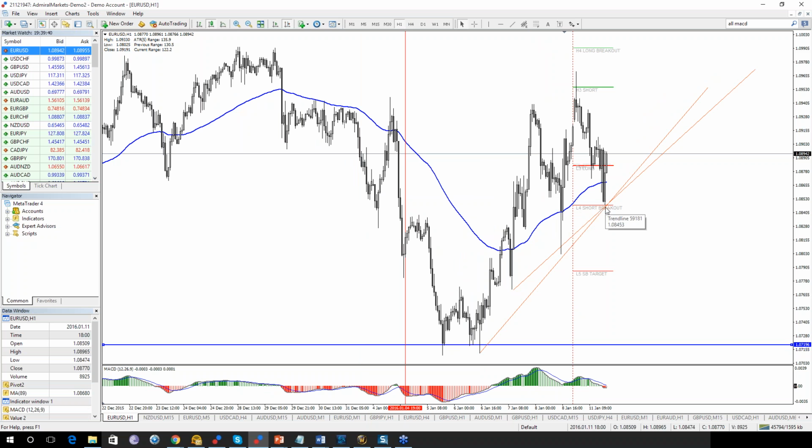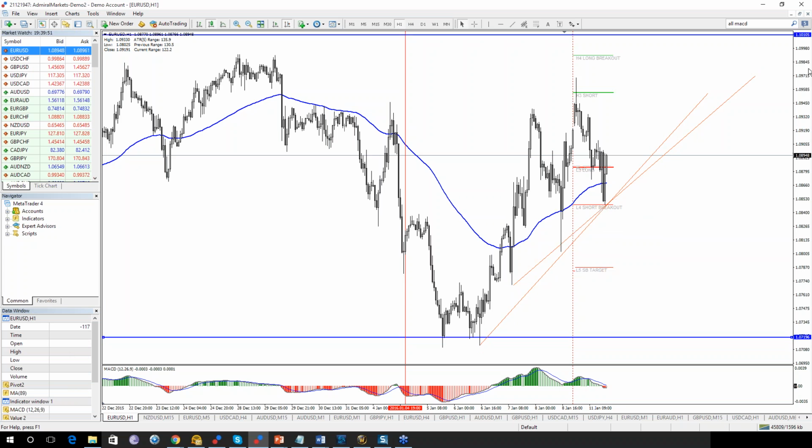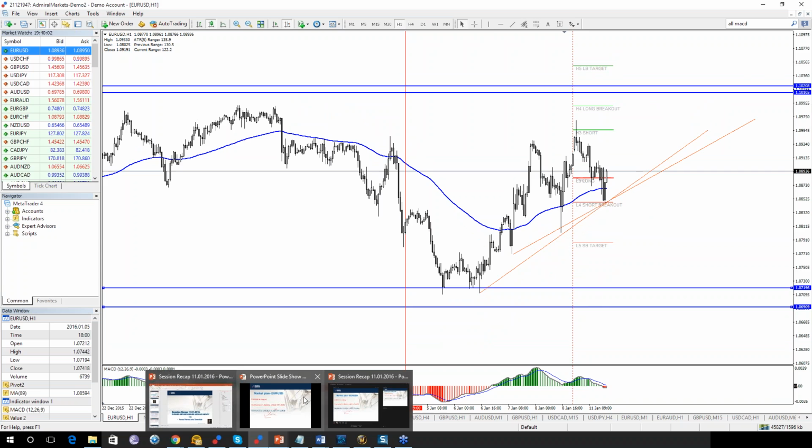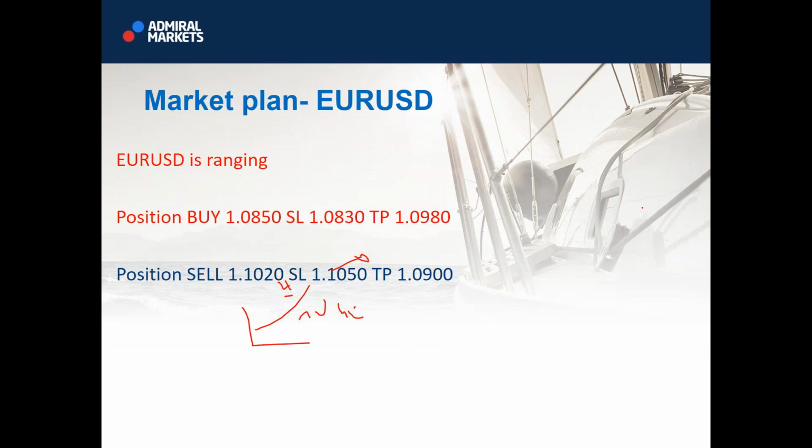Yes, Lewis was right. He said that the price touched this entry 1 hour just prior to our webinar. Indeed, but I think it could be bought again. And if this hits first, I would be selling it. 1.10, 20, 10, 10. Stop loss is clear. And let's see if we get a setup. Euro dollar. This is it.